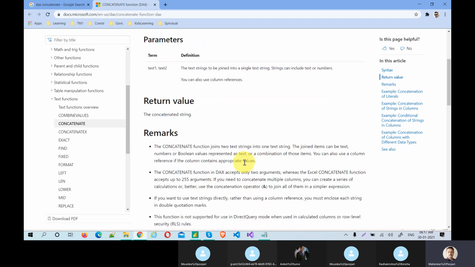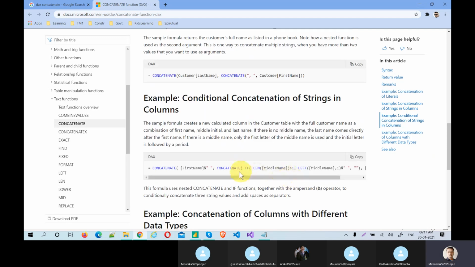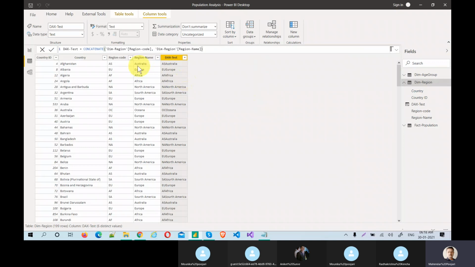Now let's go to that. See, concatenate hello and world. It will concatenate hello world. If you want, you can do that also. But we want some space. See, if you want first name, last name, in between there is a space. See how they have used concatenate. Examples are also given. Guys, this is one of the best tools to learn DAX. Now I want to add the space also. What I can do is simply copy till here and paste in between.